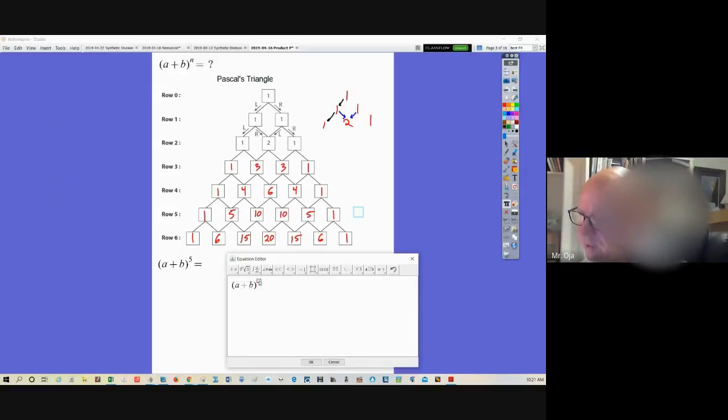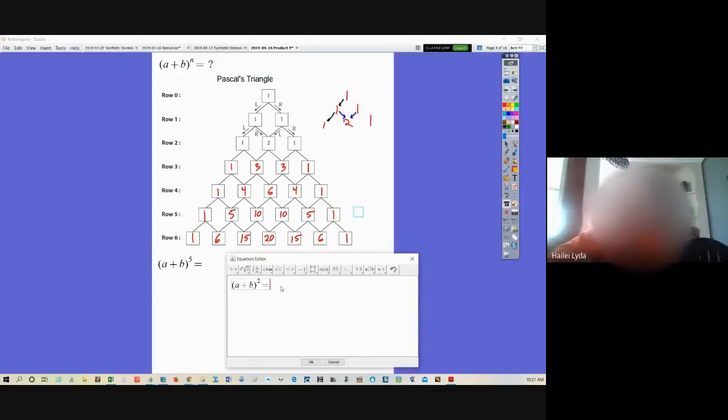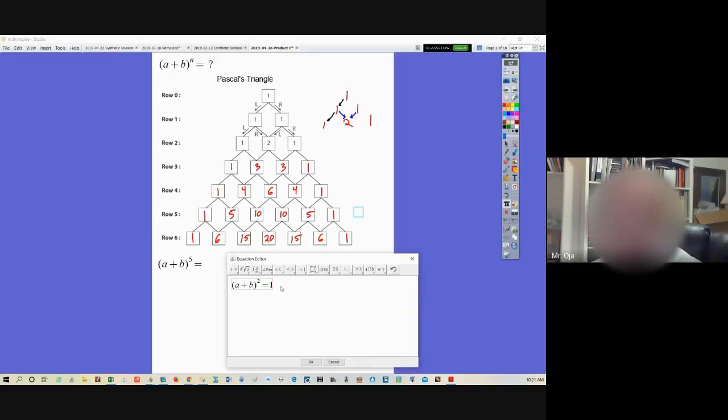If I wanted to do a plus b to the 2, that's going to equal, well, look at the coefficients I get in row 2. I get a 1, 2, and a 1. So I'm going to get a 1,